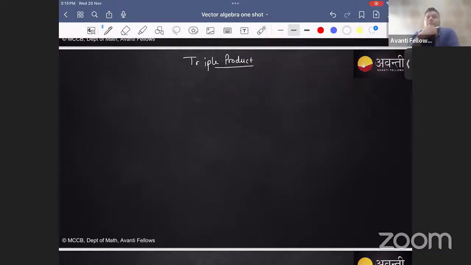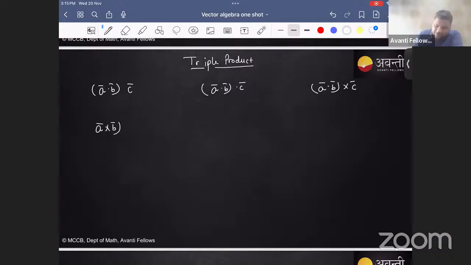See, if I talk about three vectors, okay, now A dot B vector C. I write an expression like this, then A dot B dot C, then A dot B cross C, then A cross B dot C, A cross B vector C, and A cross B cross C. I write these six expressions. All right. So first of all, tell me, is it of some significance